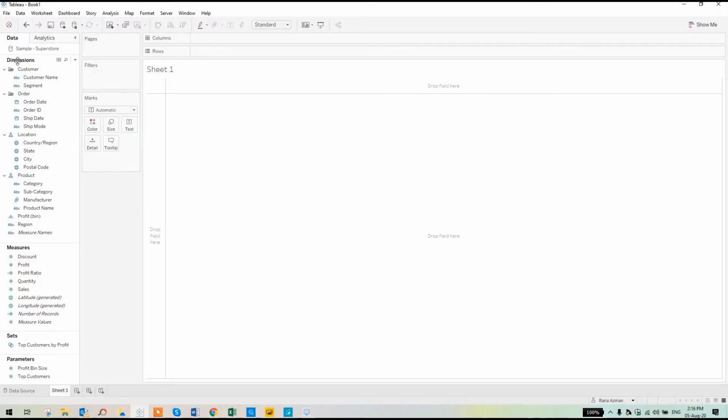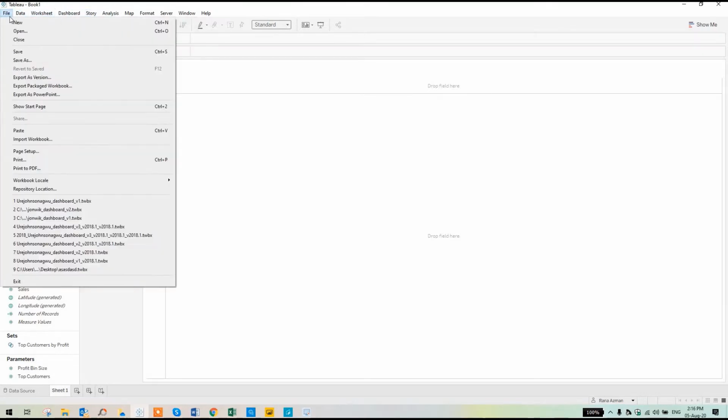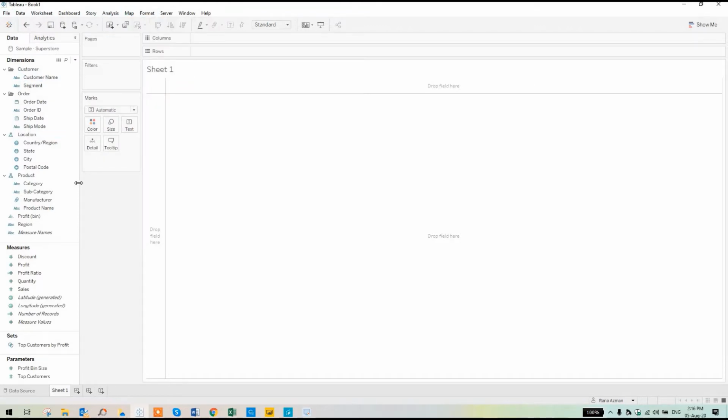And you can see that there are different types of options in the home ribbon, like save data, new data source, new worksheet, duplicate, highlight, standard view. This is a view of all the screens, like full screen, and hide cards. And then there are the basic file options: data, worksheet, dashboard, story, analysis. We'll go through these options step by step, so we'll start with that.